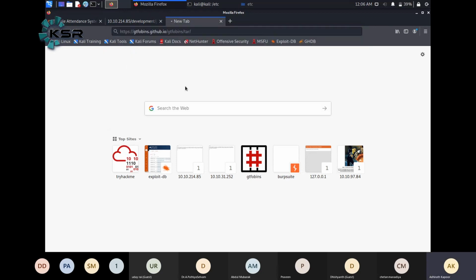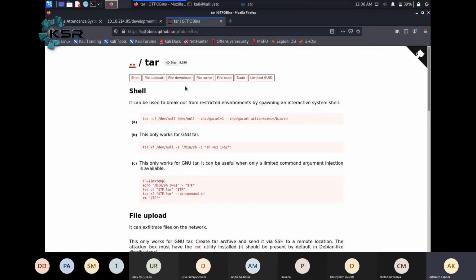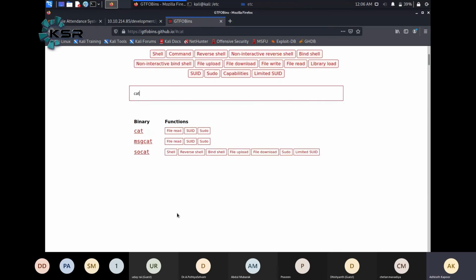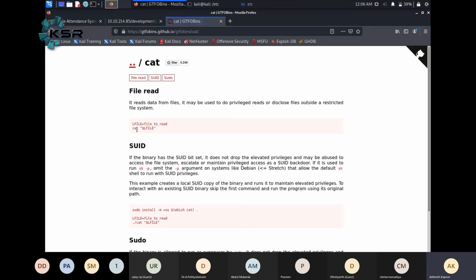So there is a website called GTFOBins. Whenever you are trying to find out vulnerabilities related to the bin directory, you will go to this website called GTFOBins. I'll come back here. Root user gave me permissions to access the cat command, but with sudo. So what I'll do is write sudo, I will write cat, and